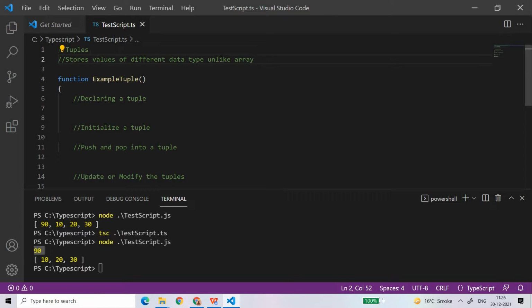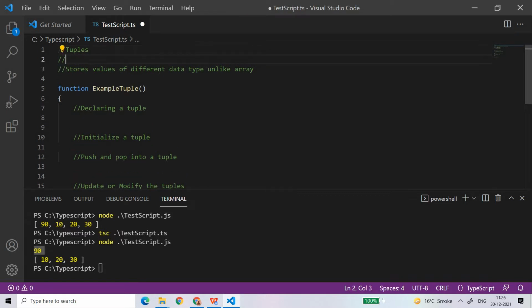But in the case of tuples, we have to store different types of values. If we have the situation to store different types of values, then in that case we use the tuple. This situation is something like if you have a database table, and in that table there are different properties associated with some entity. Suppose we are talking about an employee, then the employee can have a name, a date of birth, a salary, an address, right? The employee will have its